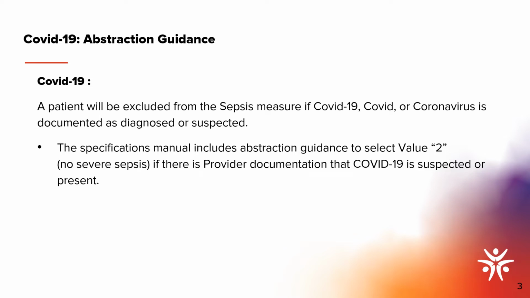Diagnosed or suspected COVID must be documented by one of the following providers: a physician, advanced practice nurse, or a physician's assistant. An RN, pharmacist, or case manager documentation is not acceptable. An EMS run sheet may include suspected COVID, but again, the EMS staff are usually EMTs, paramedics, somebody like that, so they are not acceptable licensed providers for the purpose of this data element.